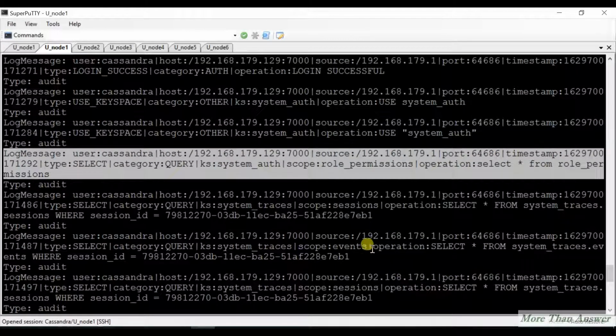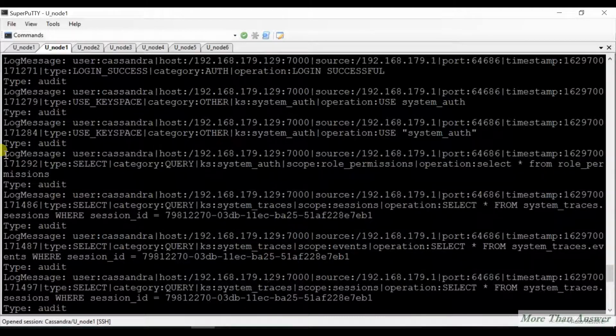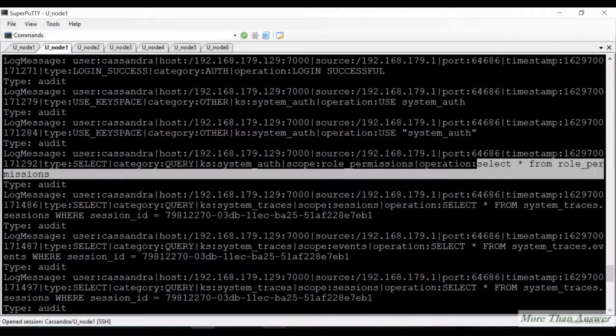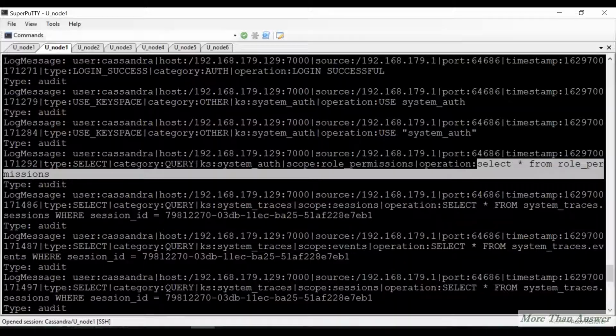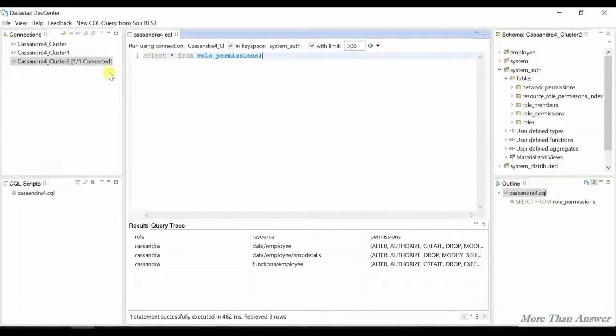So this is the query we ran from DevCenter: select star from role permissions. Below it, some queries were also run by Cassandra, which we don't need to check. This is the query we ran through DevCenter. Let me open DevCenter and show you what query I ran. See, I ran the same query, so that is logged in